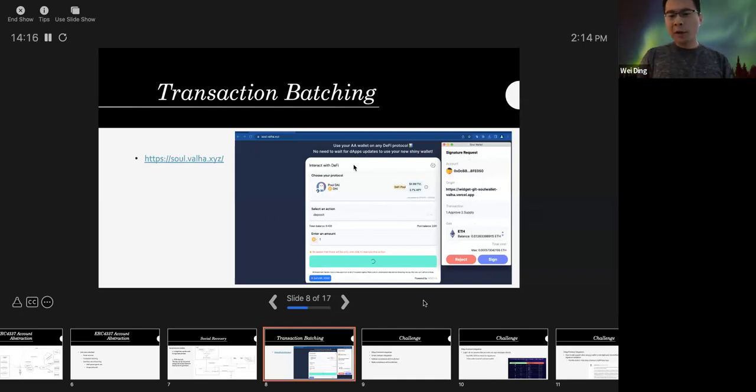This is very handy for DeFi yield farming or other projects. Right now, it's very popular on Convex, a Curve-like protocol, and people can just use USDC to do the Curve deposit and get the Curve LP token, and deposit the LP token to the Convex protocol, and so on. So transaction batching is very powerful, in my opinion, and it also has a huge UX benefit because the user only needs to sign one transaction.